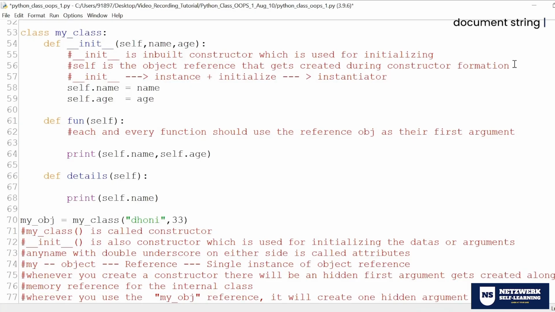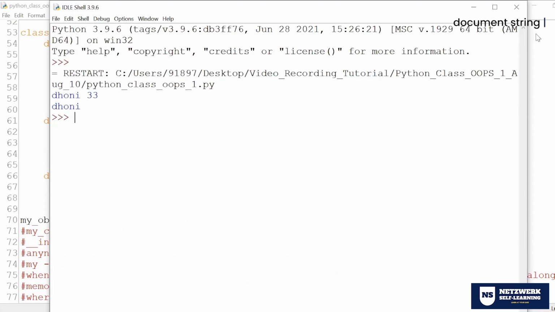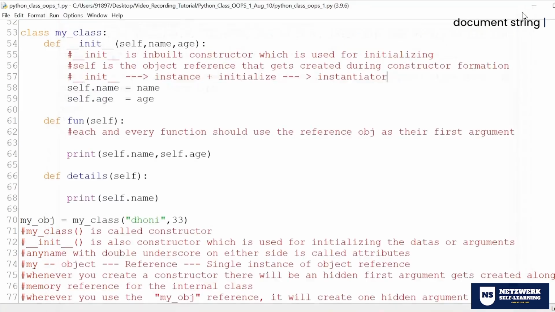So that is the point. If you run it, the output is going to remain the same as the unbounded one. The output is the same as unbounded only, but the way we made the code is elegant, precise, short, and uses less memory. This is what we call a constructor. This is what we call the bounded mechanism.